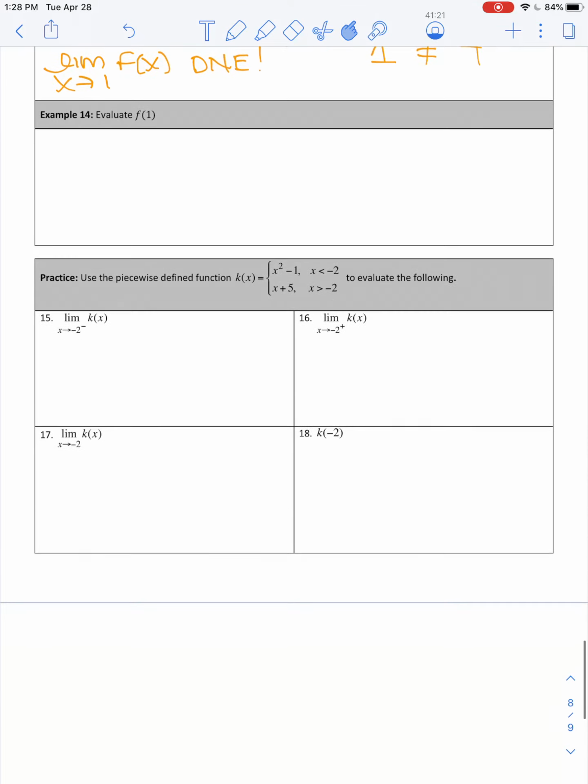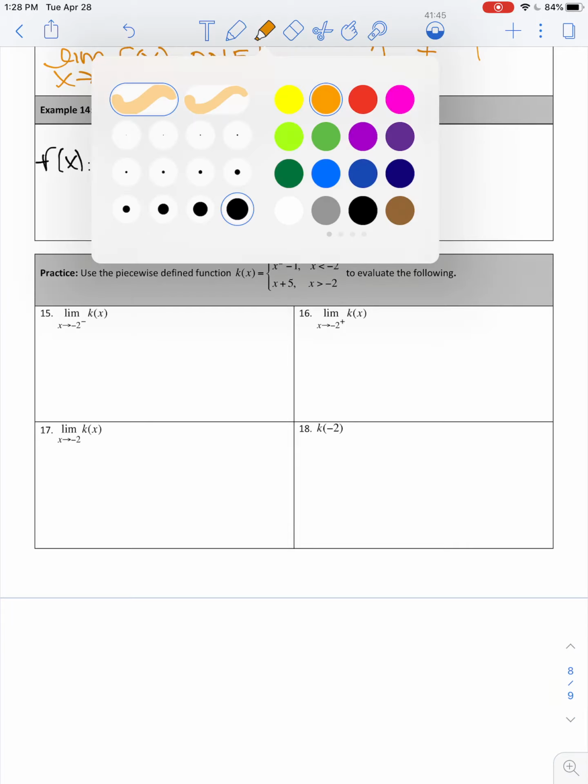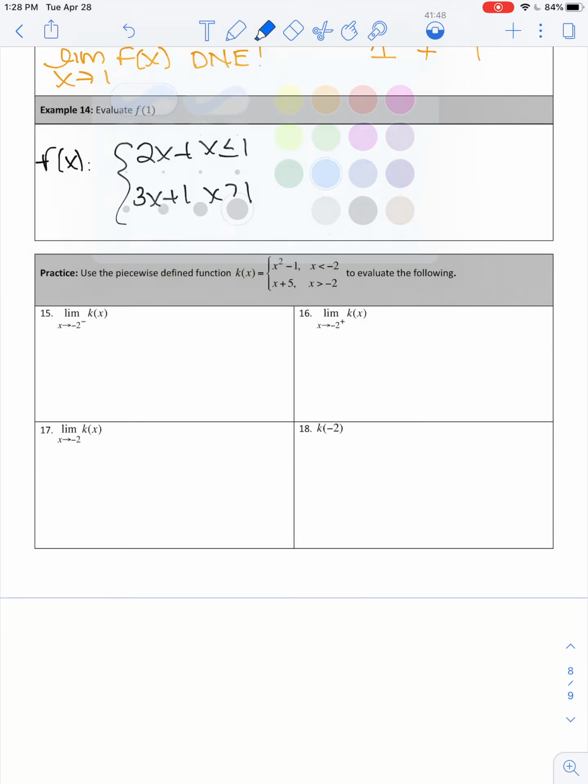Okay, last example for these notes, we're asked to evaluate f of 1. I'm going to remind myself that f of x is this piecewise function, 2x minus 1 when x is less than or equal to 1, and 3x plus 1 when x is greater than 1. So what this question asks is actually for us to evaluate this function, right? We're asked to figure out what is f of x